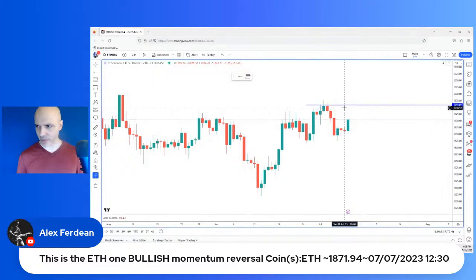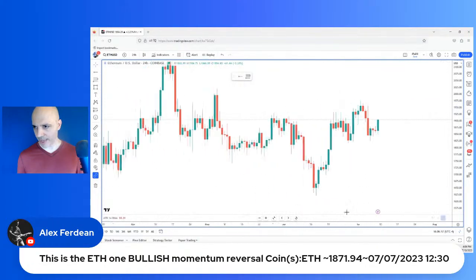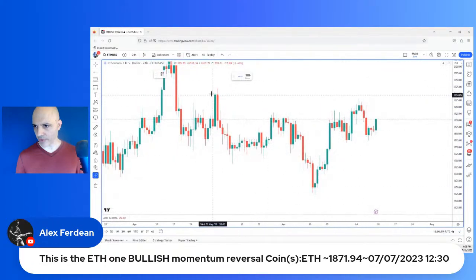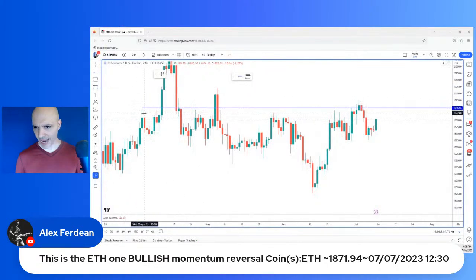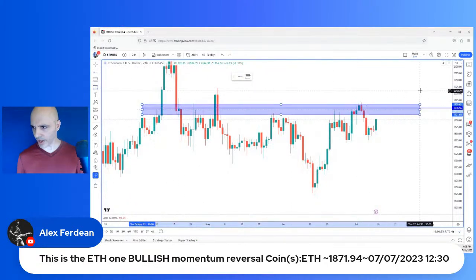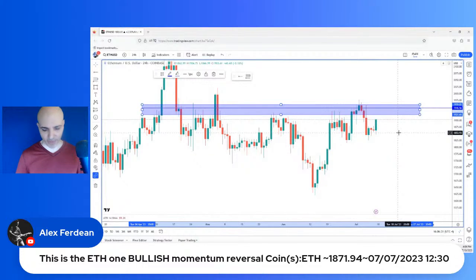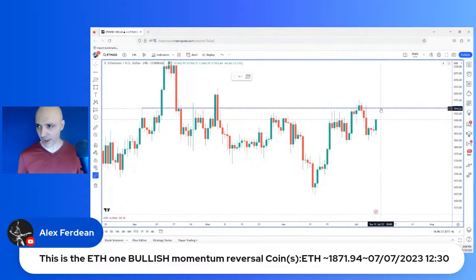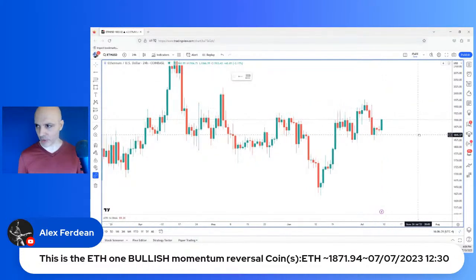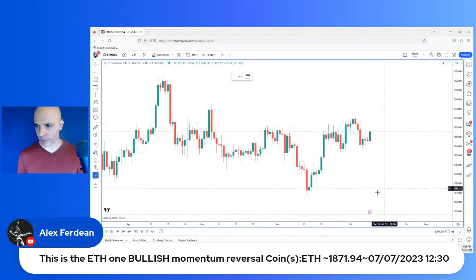So around that 2000 area, which is the whole number. It makes sense that people are selling up in that area. I mean, look at the history. Okay, look at this, right? Look at all these candle wicks. Look at this, right? People sell there. There's a lot of selling activity taking place there. So you definitely don't want to be buying there. All right, you want to be taking money off the table. So please keep that in mind.